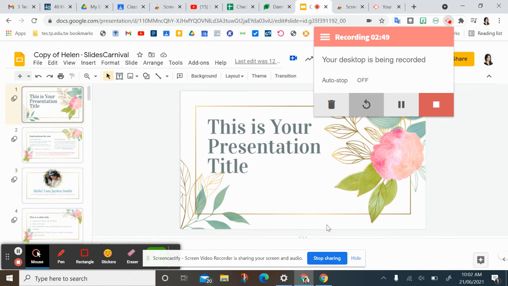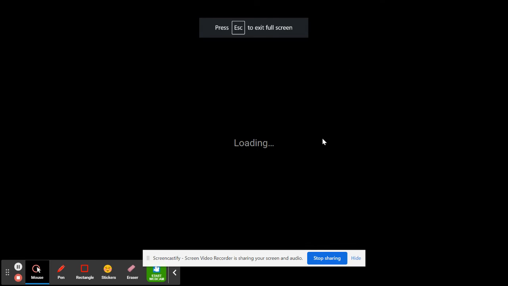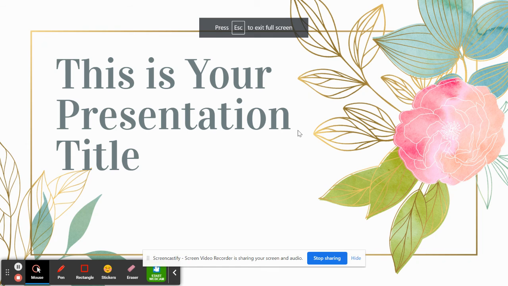recording, it will go 1, 2, 3, and then this thing will come down here. You will have this toolbox on the left, the pen, eraser. We're not going to use all this. We're going to keep it simple. So what you're going to do is you're going to start talking. Once it goes 1, 2, 3, you immediately hit present, and then you start talking about your story, and you